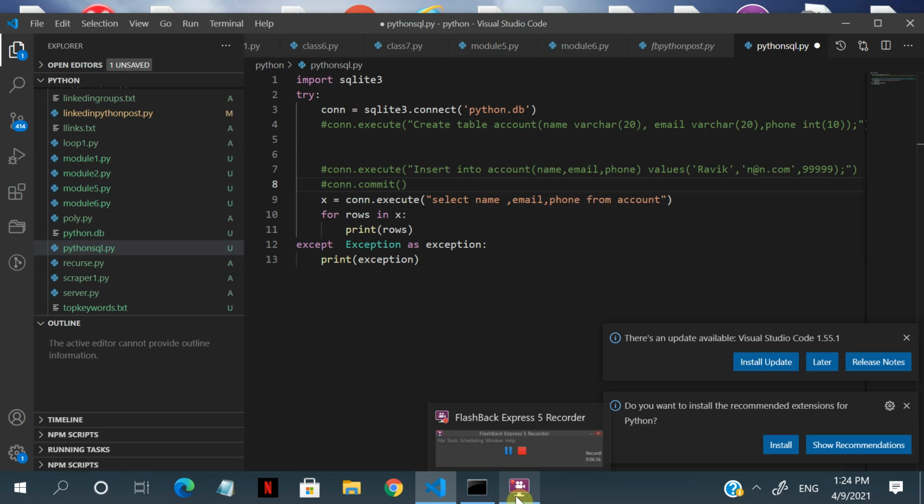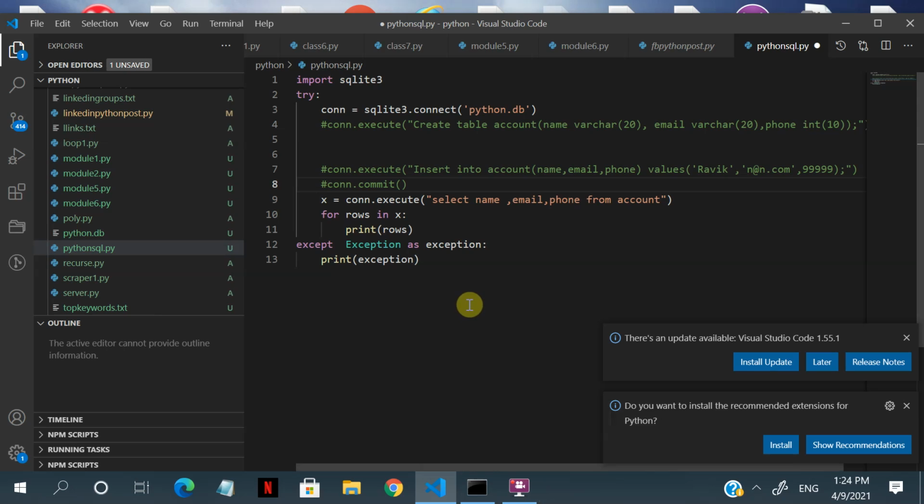Okay. So the next thing we are going to do is take some user input and actually create the